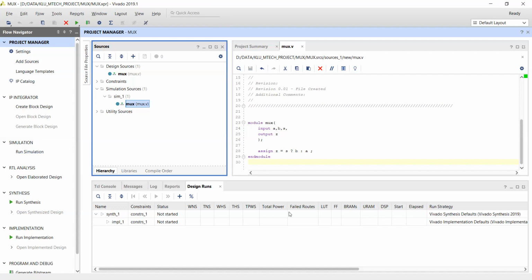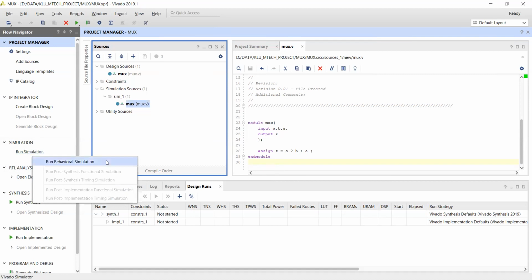After you complete the entire code, you can click on run simulation. Then click on behavioral simulation.